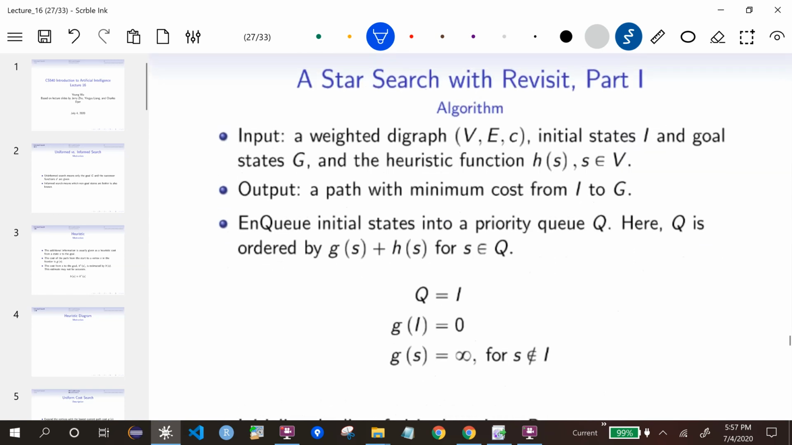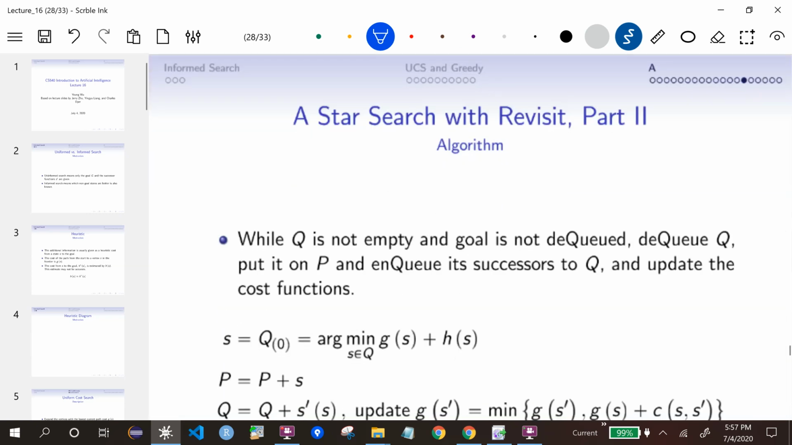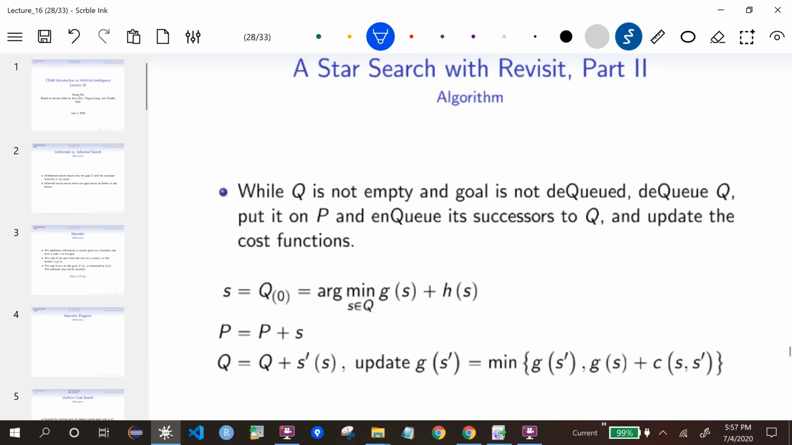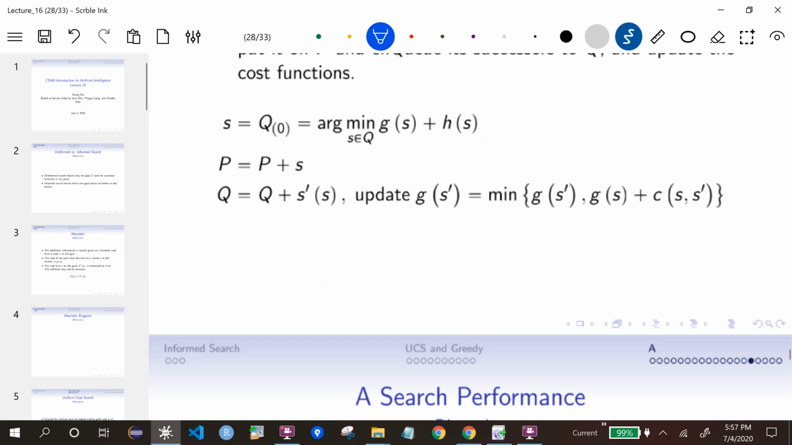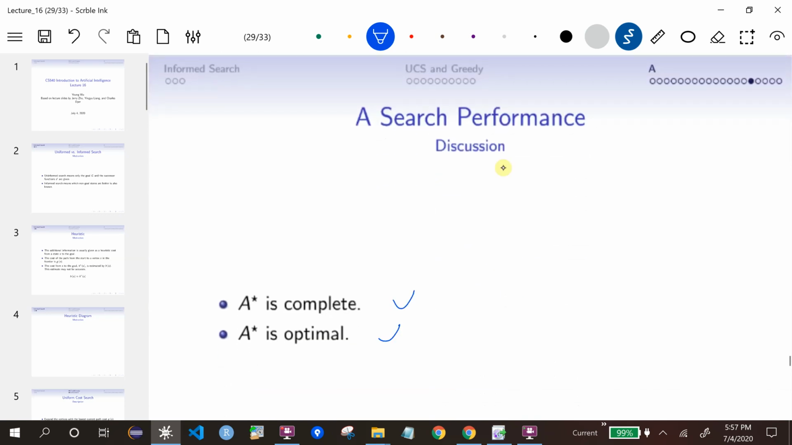So that's again a summary. So A star is basically the same as A, so there's nothing new at all, and it's just we're using an admissible heuristic, so the heuristic is different. So as I said, A star is complete and optimal,